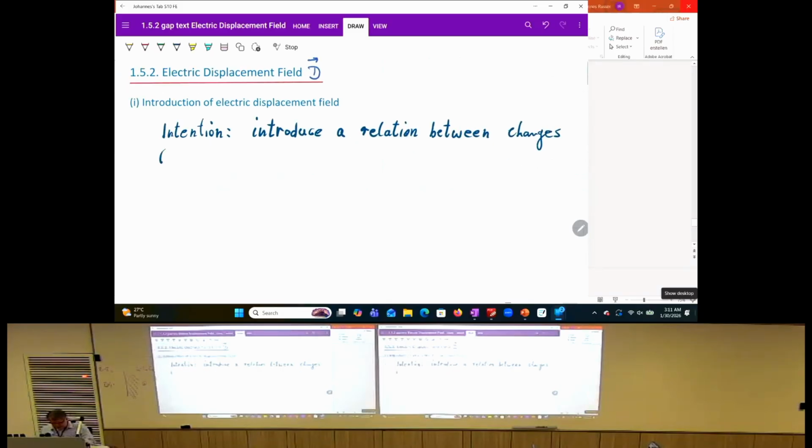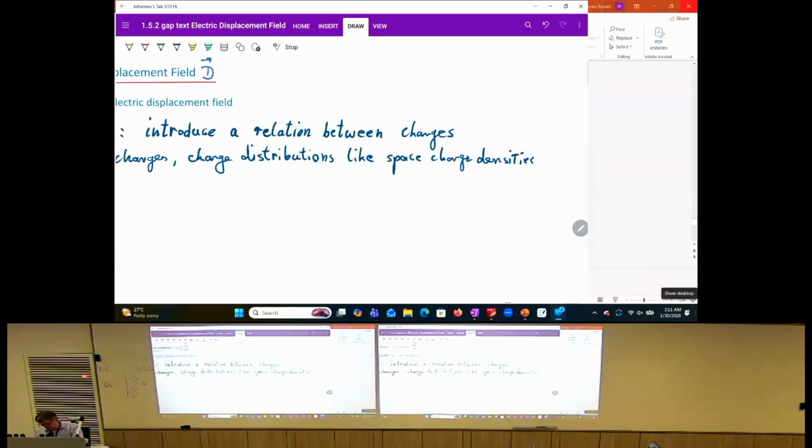These could be point charges. These could also be charge distributions, for example, like a space charge density. So you see, thus far we have always been dealing with point charges. If we look at the force field, we have always used Coulomb's law, that is always based on